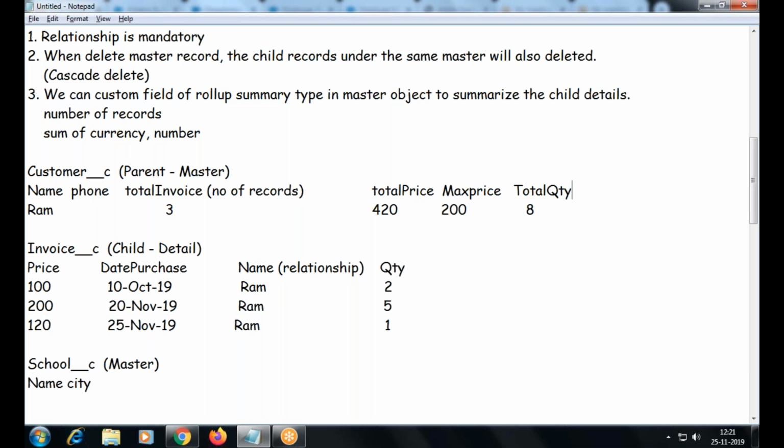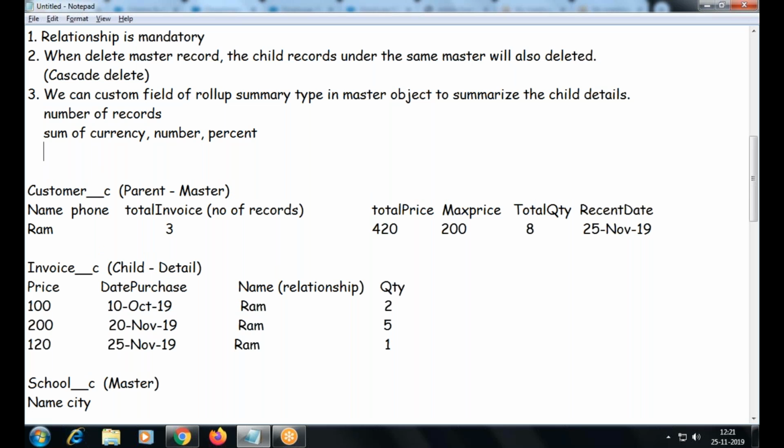So what I can do here, I can take the maximum date, it means the recent date. When he has recently purchased, 25th November 19. So what I can roll up here is not only the number of records, sum of currency, number field, and even you can sum the percentage.